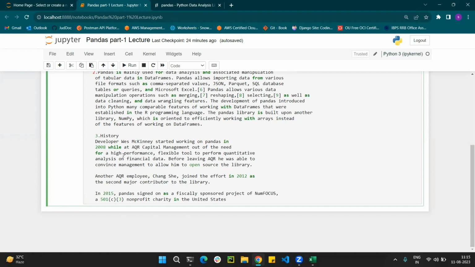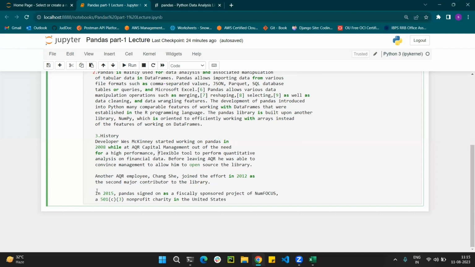He was facing a problem while working at AQR Capital Management: there were large volumes of data, and these were very difficult to handle. To overcome this problem, the Pandas library was derived.